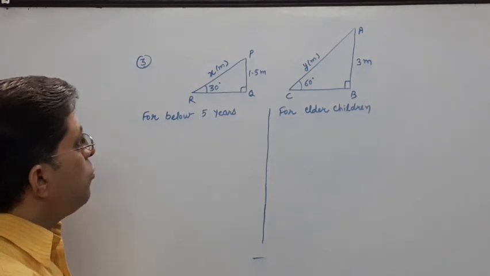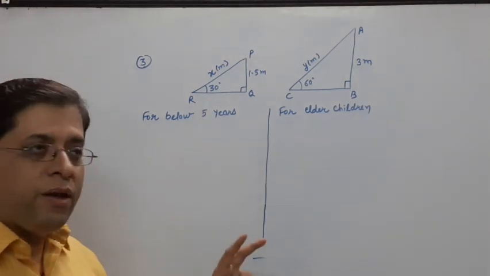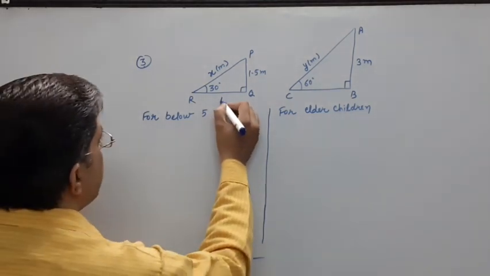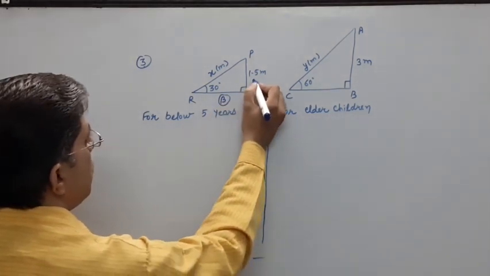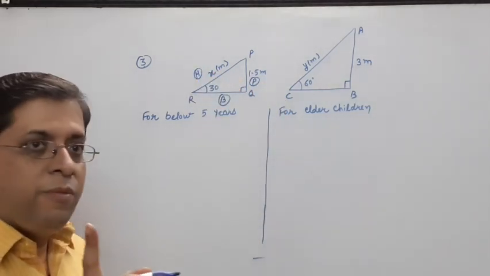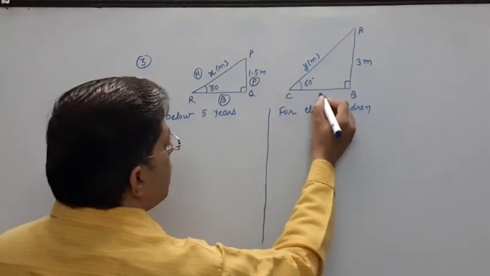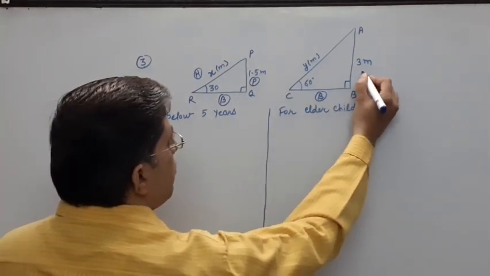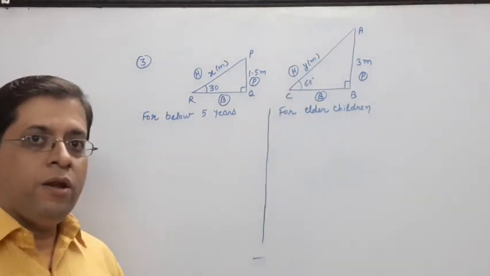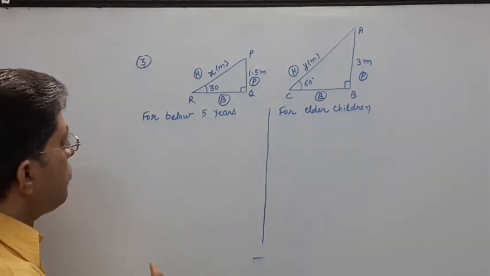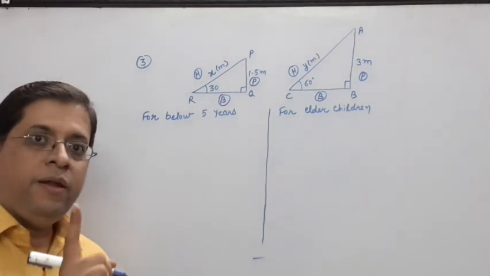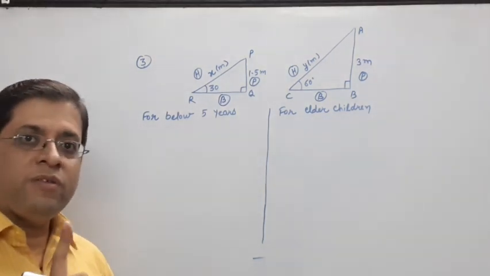Now two things are given and one thing is very clear. Two angles are there, so this is your base, this is perpendicular and this will be hypotenuse. Similarly, for the second one, this should be base, this is perpendicular and this will be hypotenuse. Now what to do? See here, we have the relation between P and H. P and H means sin theta.